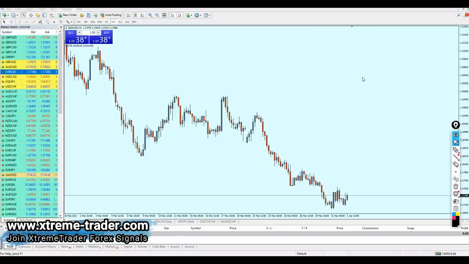Alright, so let me now talk about the strategy itself, and let me explain how we can actually find the setups. Now, first of all, my strategy depends on two time frames. The first one is the 4-hour time frame, and the second one is the 15-minute time frame. What's the use of the 4-hour time frame, and what is the use of the 15-minute time frame?